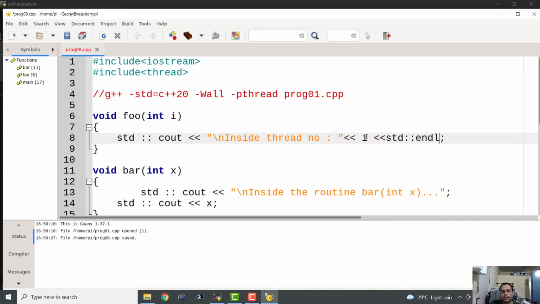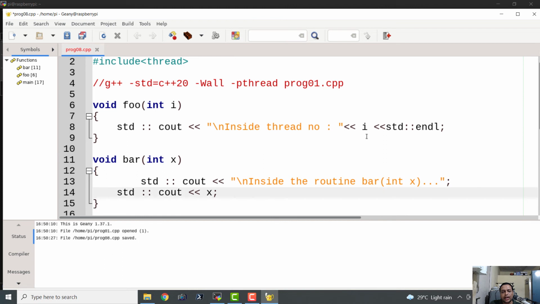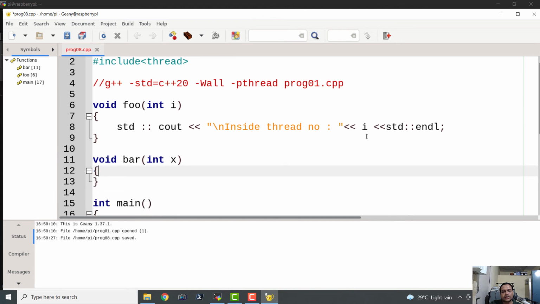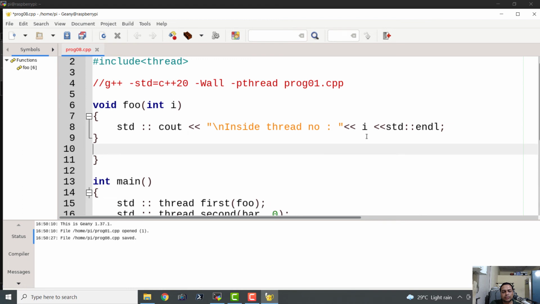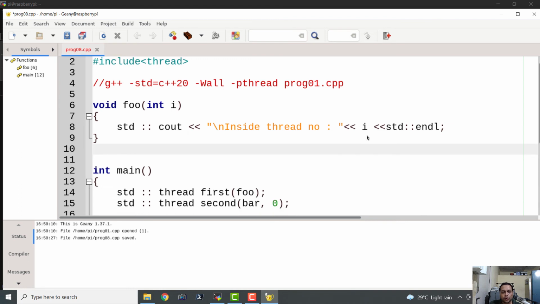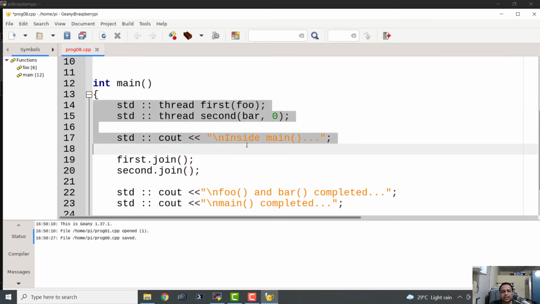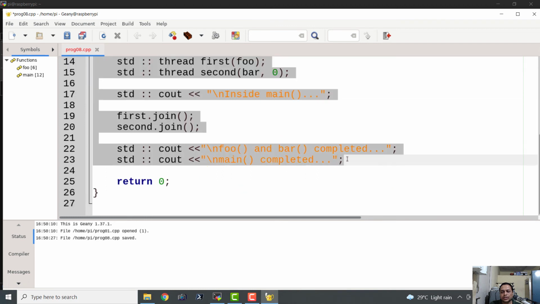So this is going to print the thread number that is invoking this particular function. Okay, and let us remove this entire stuff. Now let us go to the main function, and I will remove the entire stuff except that main completed part.